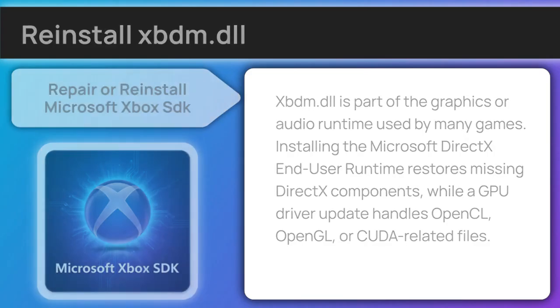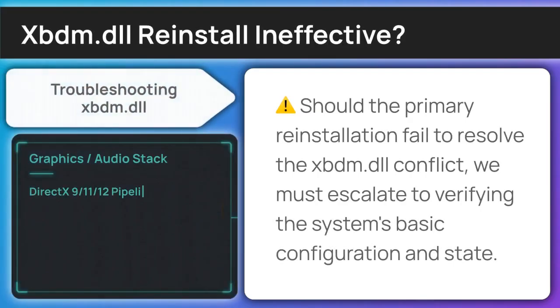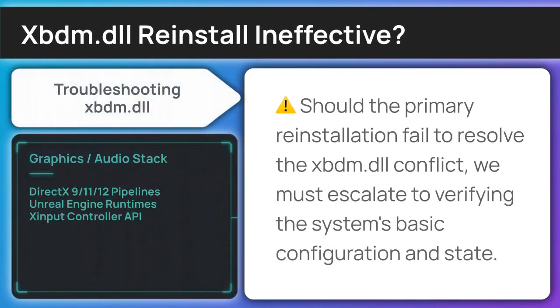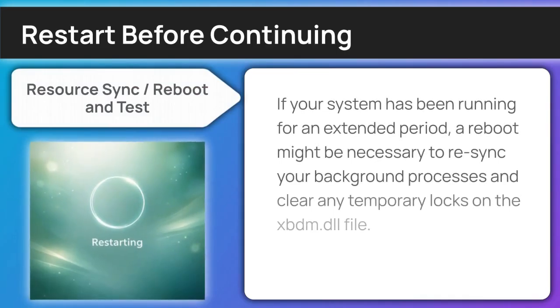files. If a standard reinstallation doesn't restore the library, we need to verify if the system environment is properly recognizing the new components. Performing a restart can determine if the error is just a transient environment glitch. A reboot refreshes your system's path variables and can sometimes re-establish a broken link to the Xbox Debug Monitor library